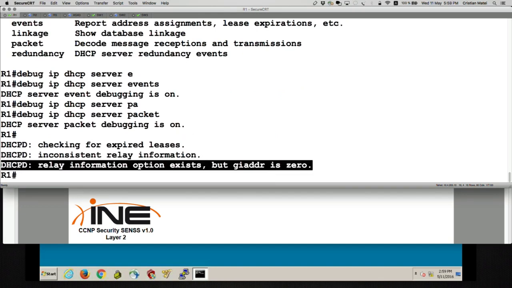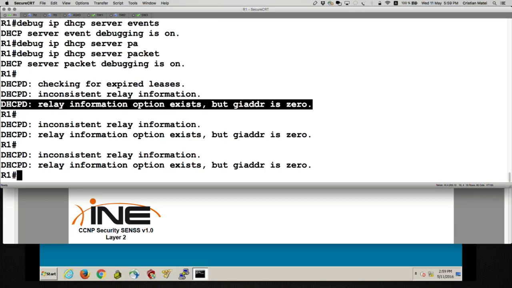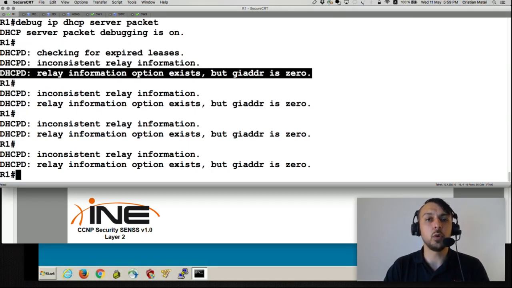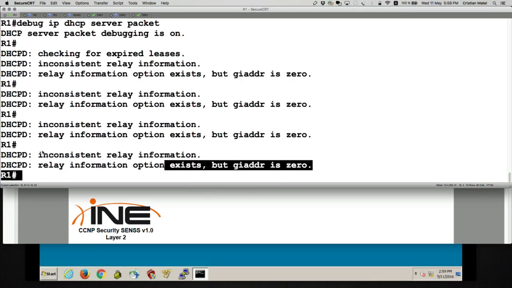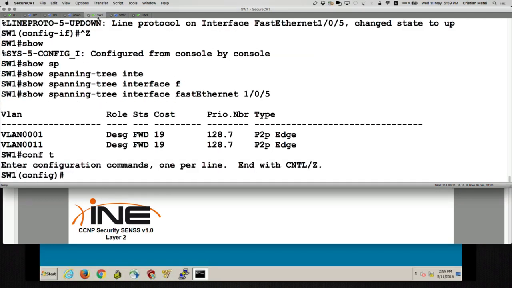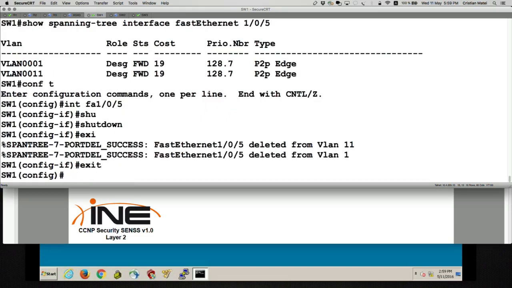complains about option 82 being in there, which means somebody relayed that DHCP packet, and as I said, by design a relay should have been only a layer 3 relay, but now because it's a layer 2 relay, the router complains saying I'm going to ignore that request, something is wrong in there. So as I said, we have two options for this. We can either configure the router to accept the request or the switch to no longer inject option 82. Let me shut down again the client's port, and then let's make the switch not inject option 82,